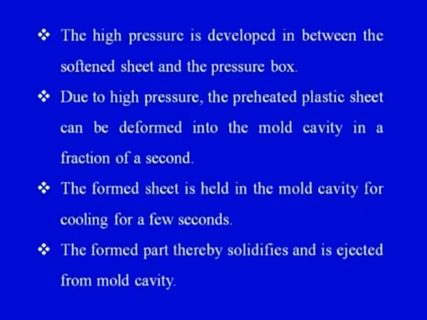So the preheated plastic sheet is placed on the mold surface, and then air pressure is applied, and under the influence of this air pressure the sheet would deform and take the shape of the mold, and the shape of the mold would conform to the shape of the final product that we desire, which is a desirable product that we want to produce for a specific application. Now what are the application areas of thermoforming that we would be seeing in the subsequent slides?